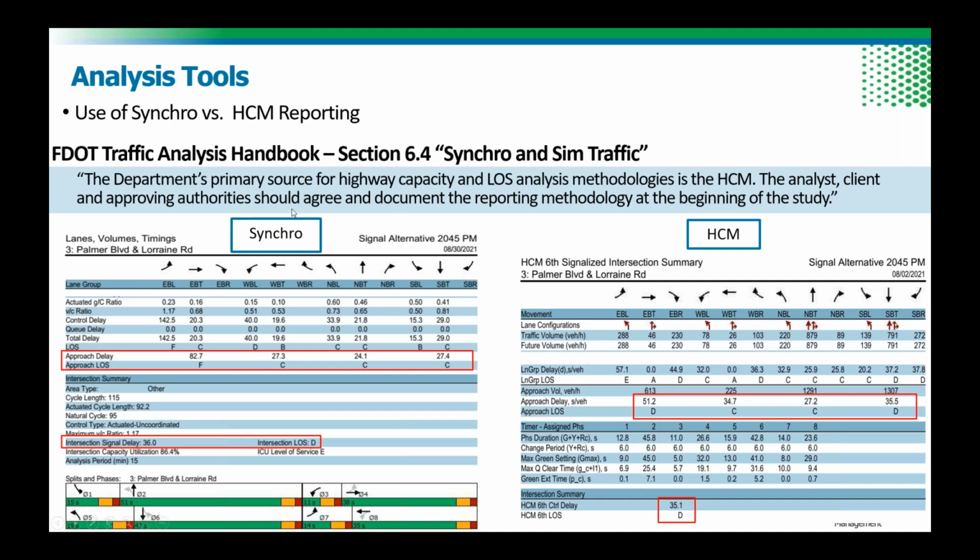So in summary, from the handbook, it is preferred that this be performed with HCM. And going back to a previous slide, sometimes that might even mean using a previous version of HCM, because maybe HCM 6, which is the latest one, has limitations on which types of intersections it can analyze. But what the comment is showing is a preference for HCM, at least over the Synchro reporting process.